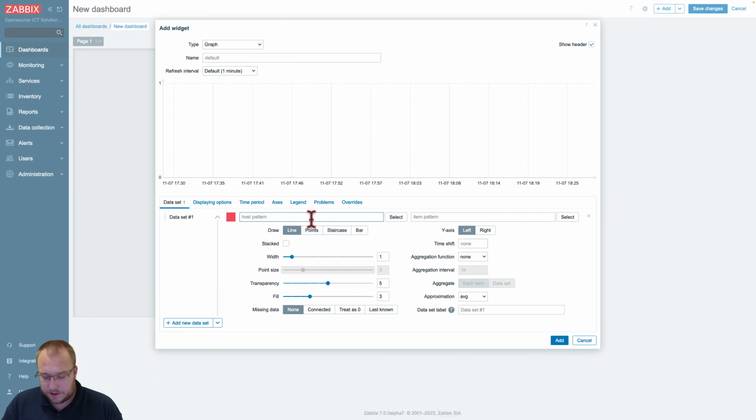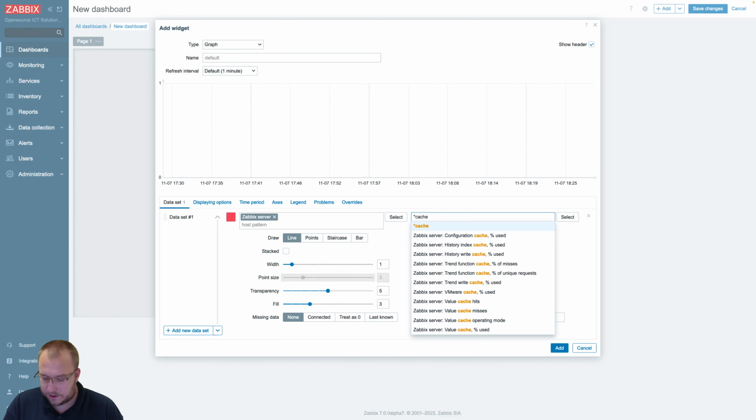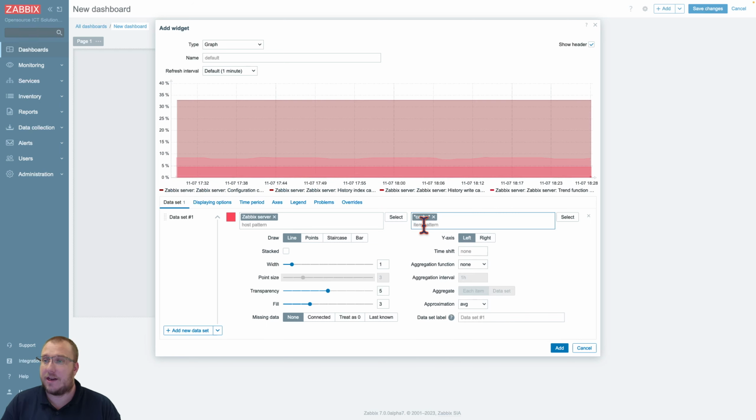Host pattern, well, static host Zabbix server. Let's see what we can do with showing all caches. And what I'm actually typing here is asterisk, cache, asterisk. And Zabbix is showing me already what it is matching on. So I can select one of the static items, or I can select this one, and now it's going to